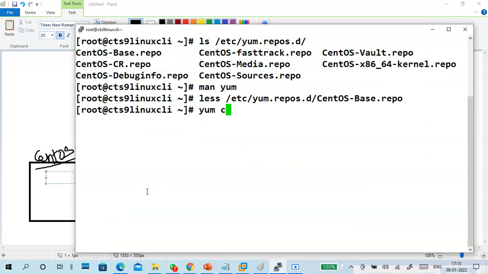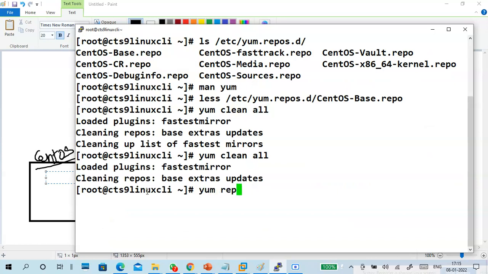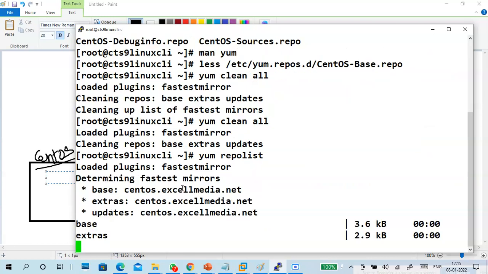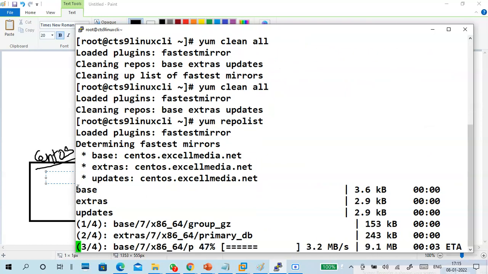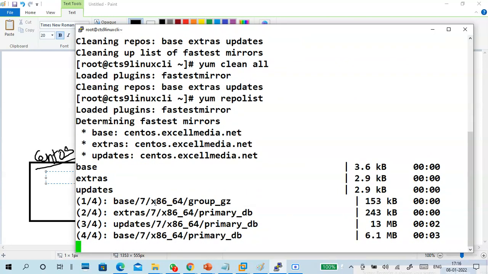yum clean all means any previous data that is there will be cleaned. yum repolist. See base, extras, updates. Three things are showing. Where is the fourth one?